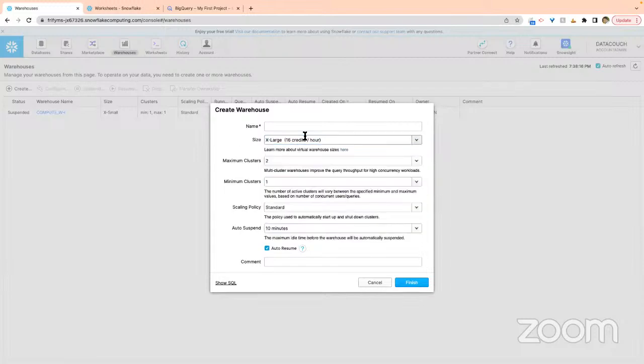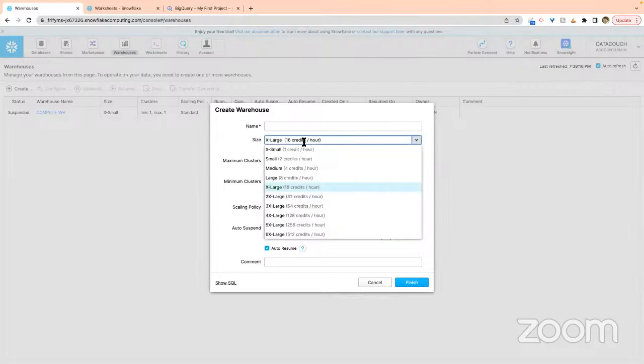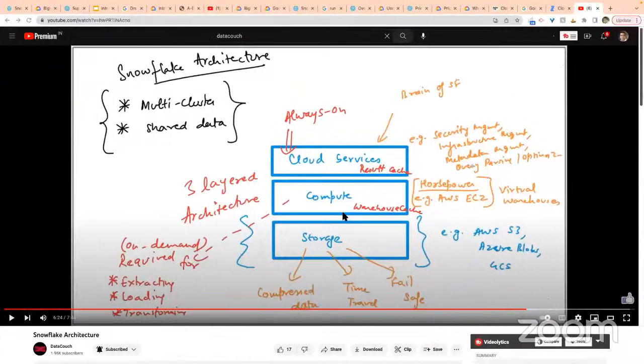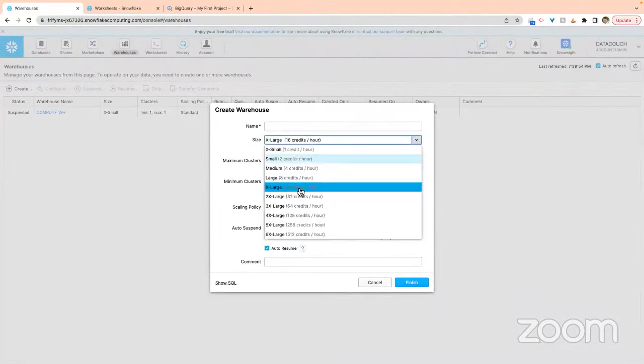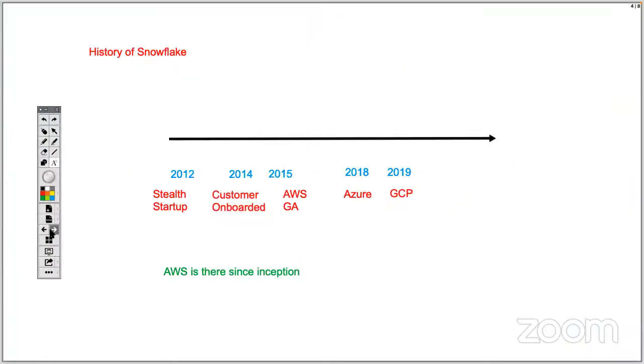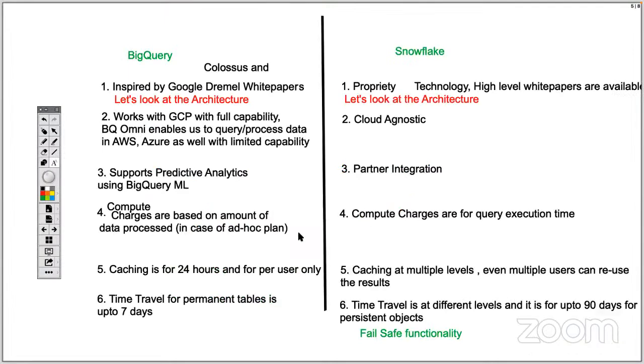But I hope you are getting a sense that in Snowflake, when we execute a query, we need virtual warehouses because this is compute. Virtual warehouses have costing and charges, and credits are consumed. This is for runtime, that's why it is per hour. It is not for the amount of data that we process. So that's what I wanted to share, that this comparison is based on that. If you have any questions, please let me know.